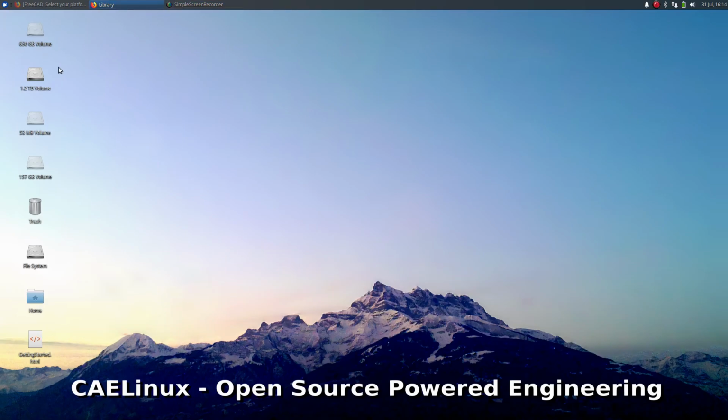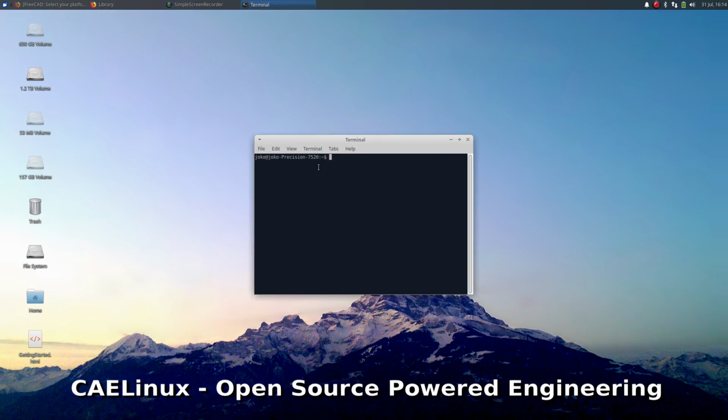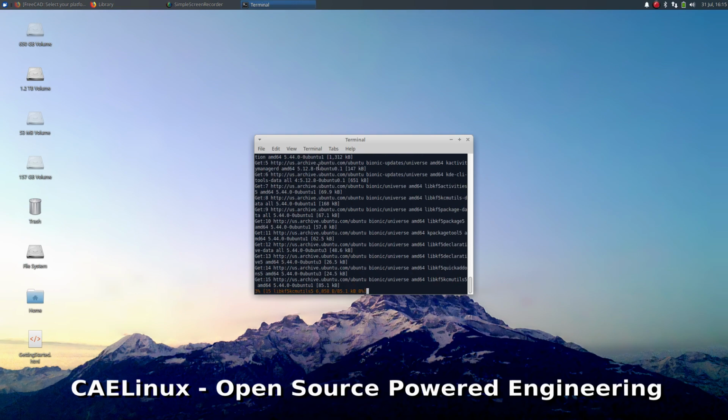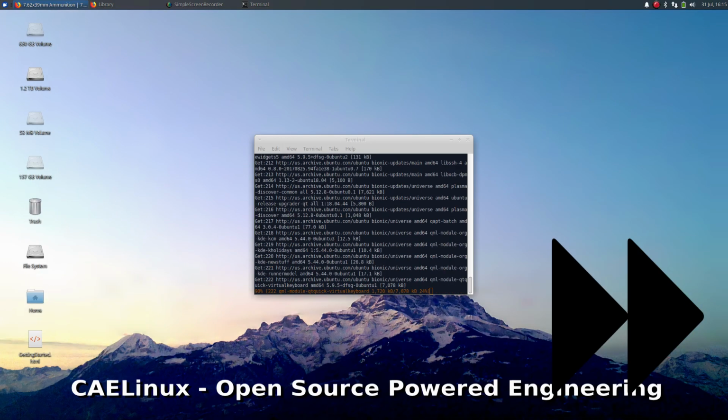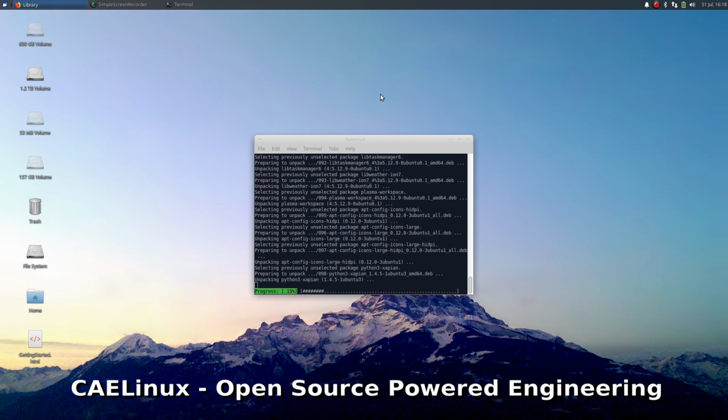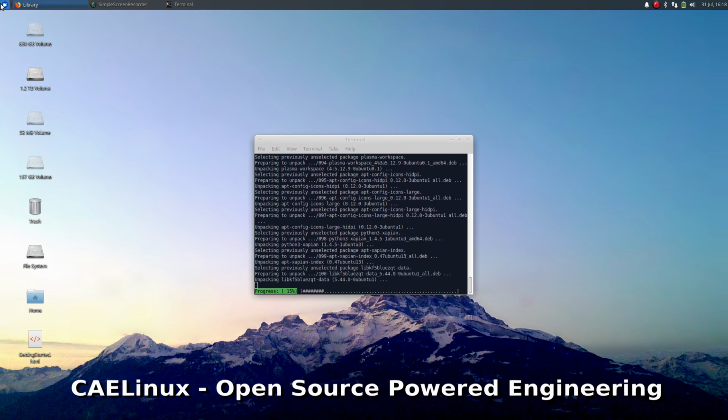So while we wait for that to download, let's go Control-Alt-T. We can also, if you like docks, I like Latte Dock, and it seems to run well on this. So sudo apt install latte-dock. And now we're installing a dock, if you like docks. Okay, so while our dock continues to install,